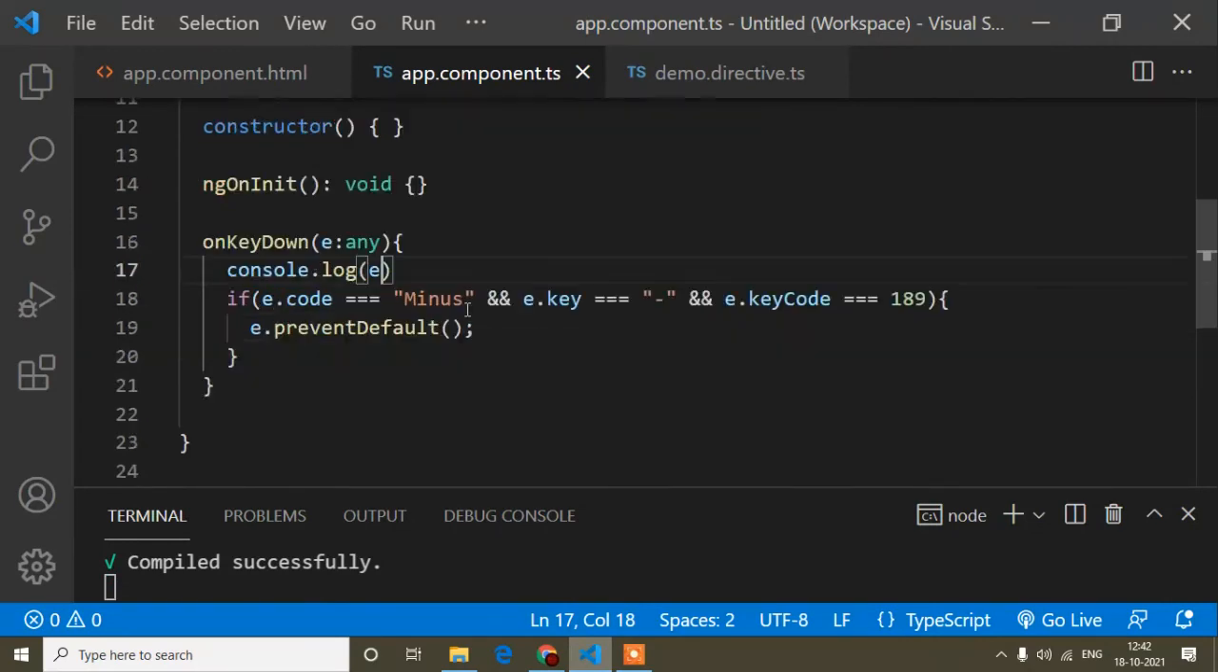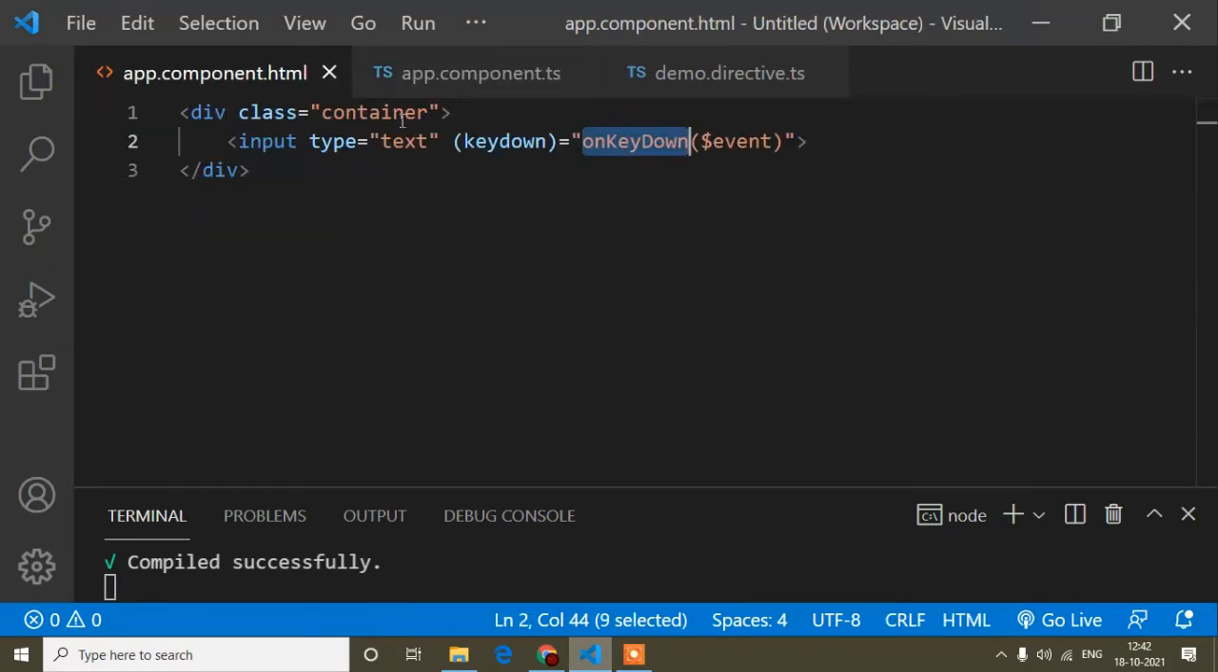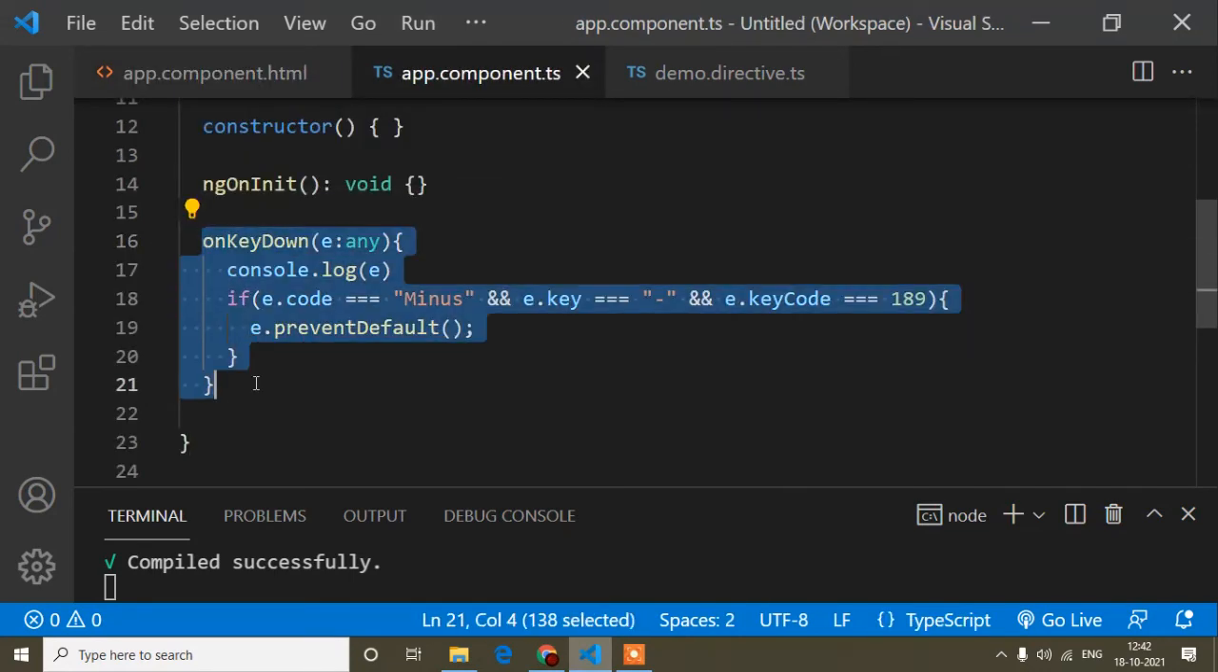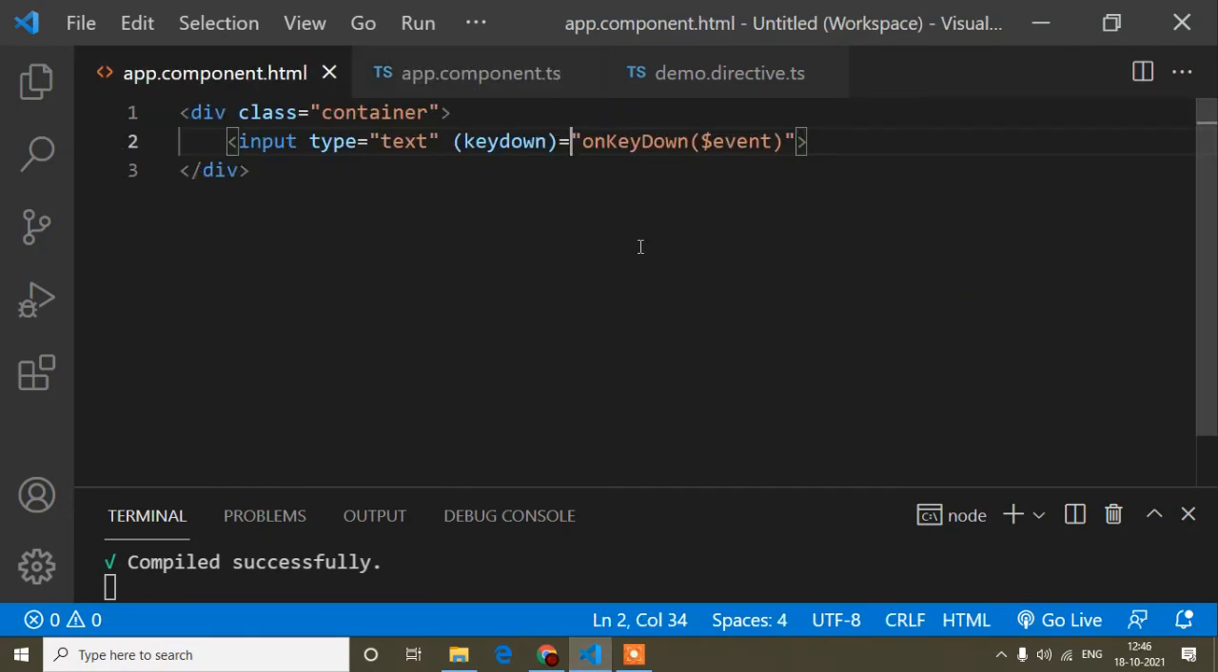So this way we can do that without a directive. It's a very simple thing. You can see again I'm showing in the HTML, instead of the directive name just pass the method here, and the same thing you can write here. Okay, it's a very simple thing. So I hope it's clear to you,